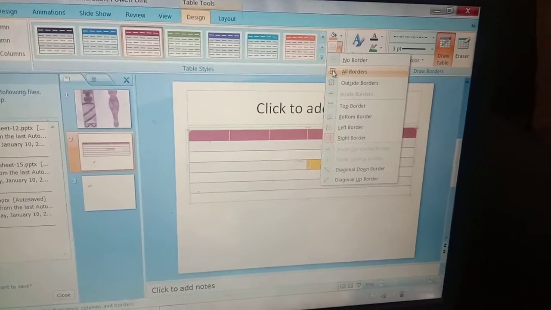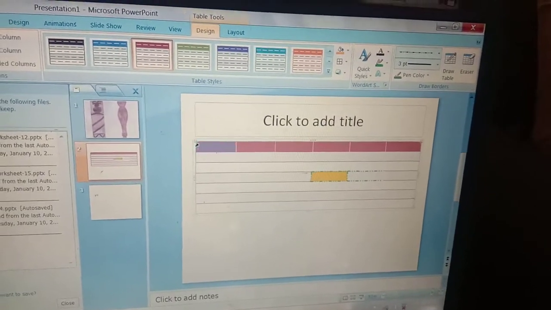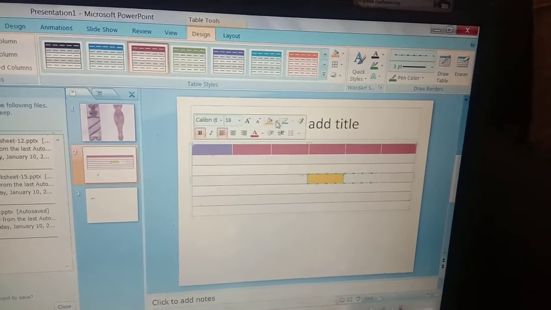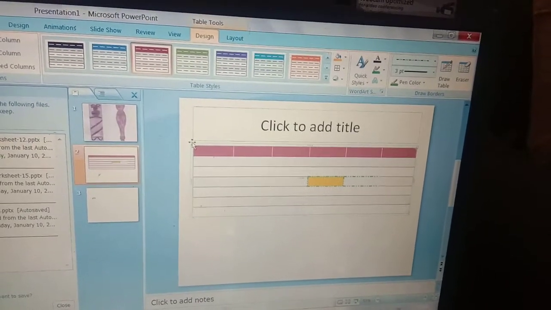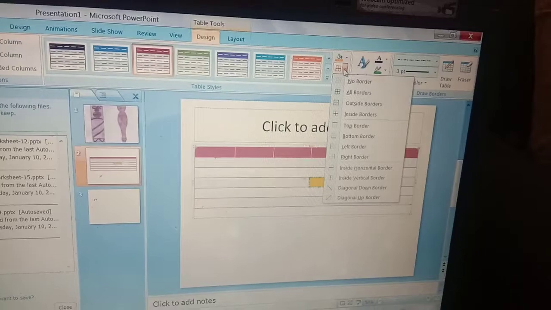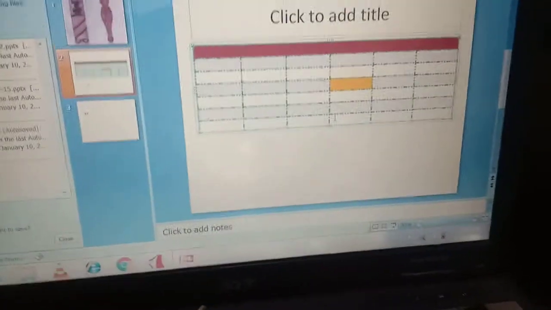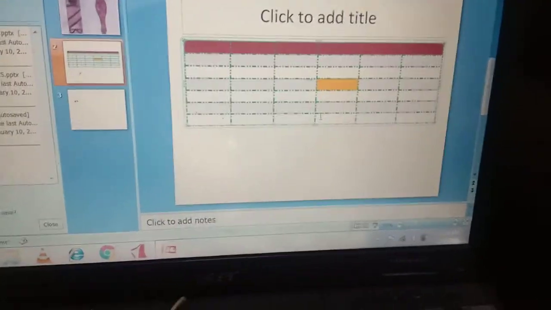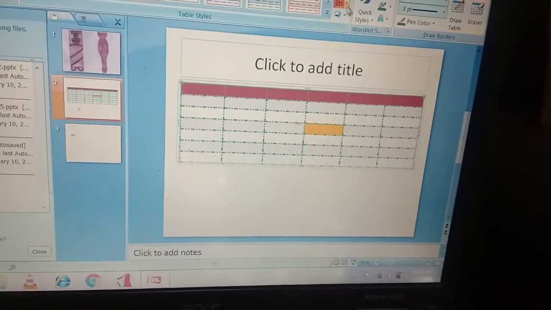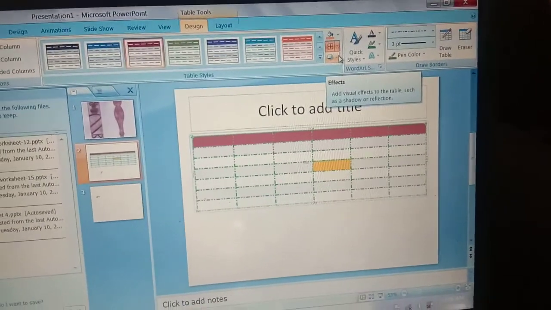You can select all borders, so all borders will be selected, like you selected the whole table. Can you see this table in the form of all borders? So this is how there are different ways where you can use the tools of your table.